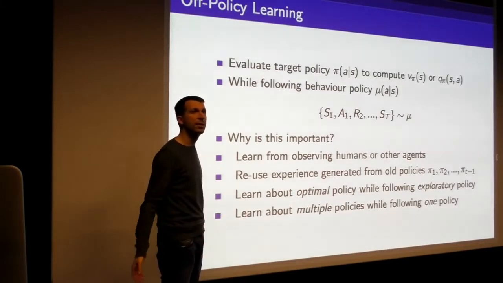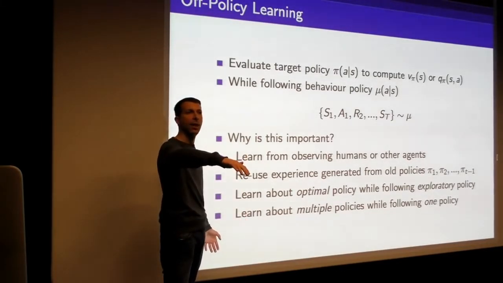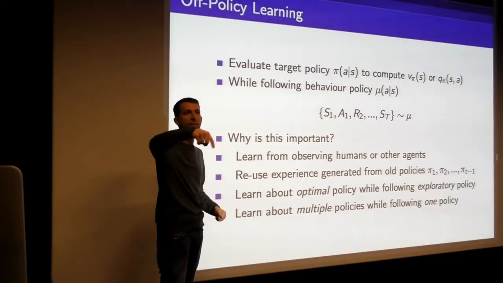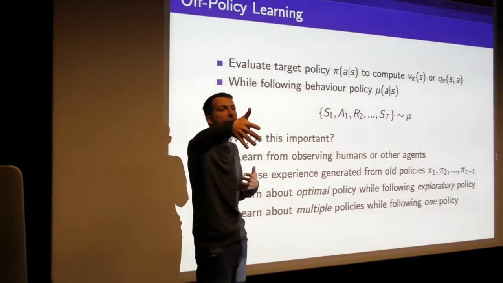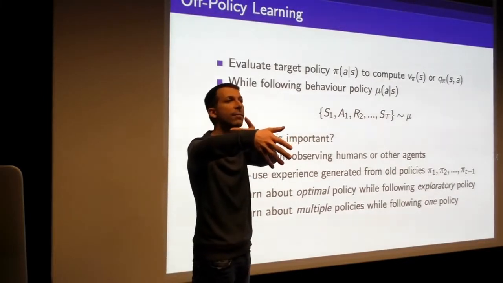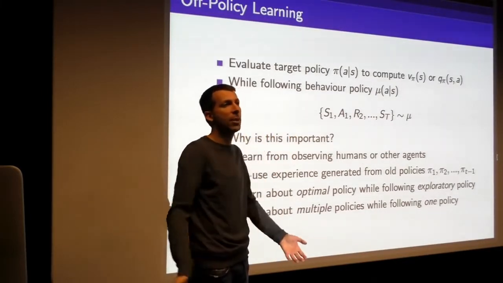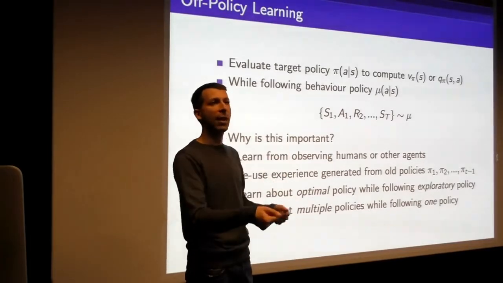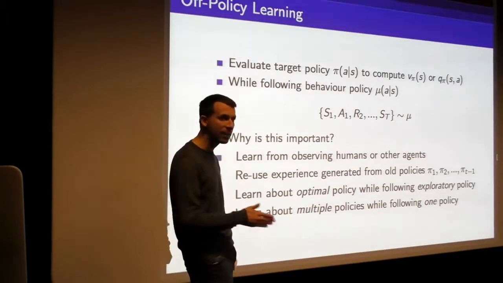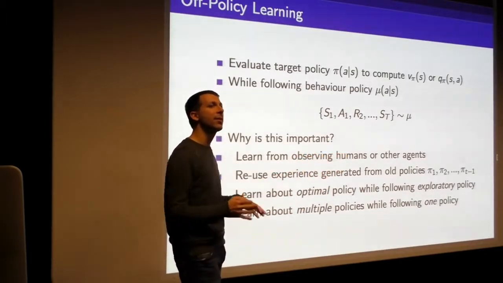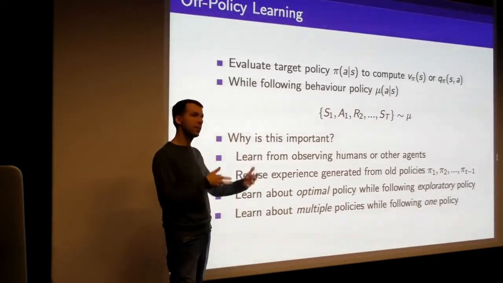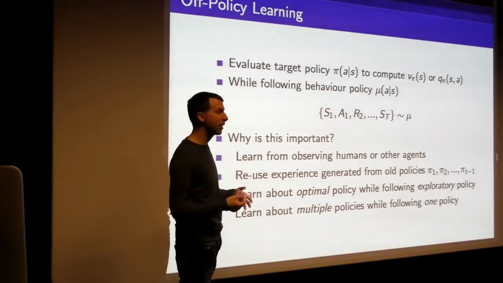You might want to see how humans behave, and not just do supervised learning to copy what the human did, but look at the traces of behavior, look at the episodes of behavior that the human executed, and actually, just from that experience, figure out how to do better, figure out how to solve the MDP just from watching some human steer some boat around, and then look at what they did and say, I know how you could have done better. You could actually have got more reward by following this other path around. That's the goal. We want to be able to observe some other policy and maybe figure out how to do better, or learn from that behavior,